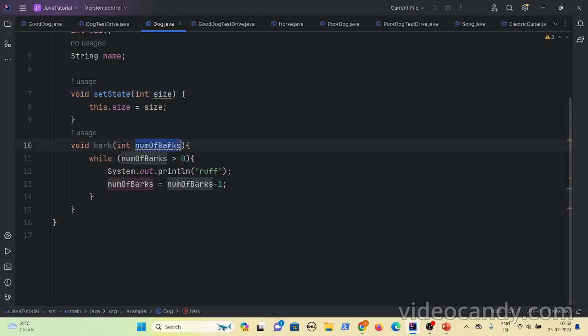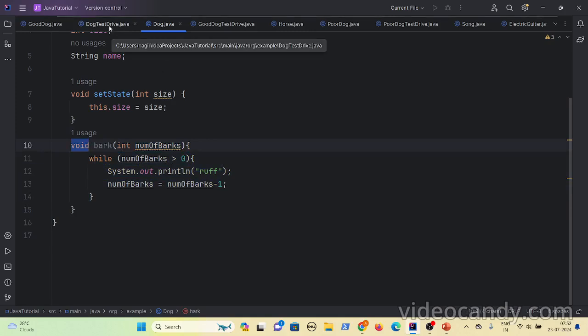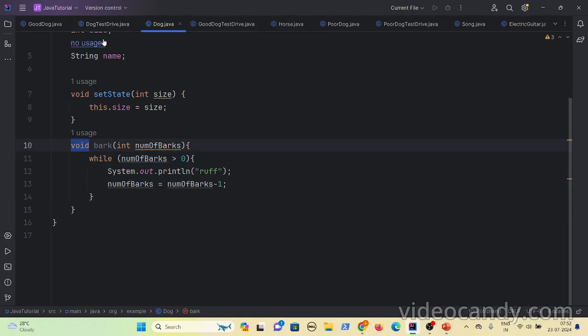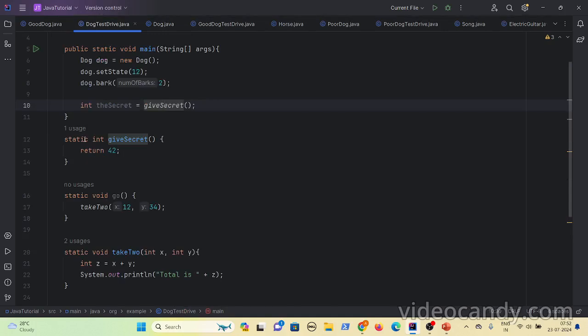Here you are passing number of barks, it is using that value and executing some logic, but it is not returning anything. But sometimes you want something to be returned by the method as well. In those cases, instead of void, you can define the type of the value that this method returns. So here, instead of void, you have declared int.